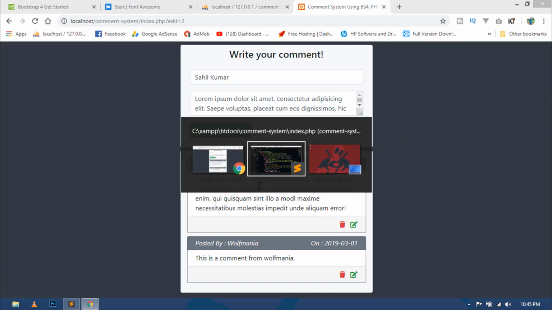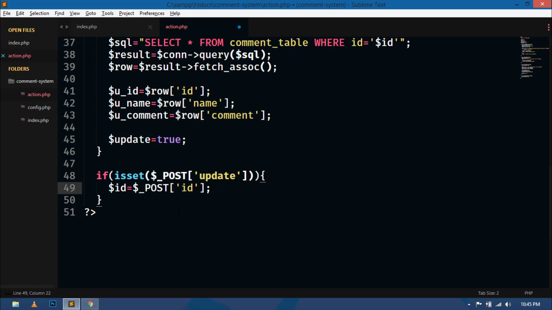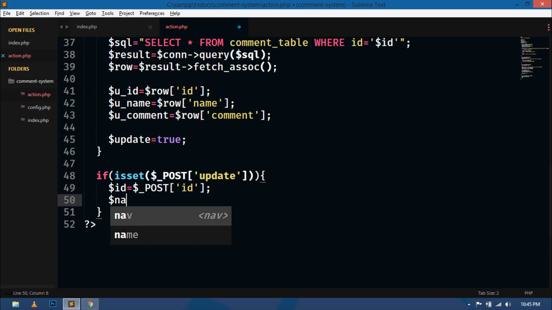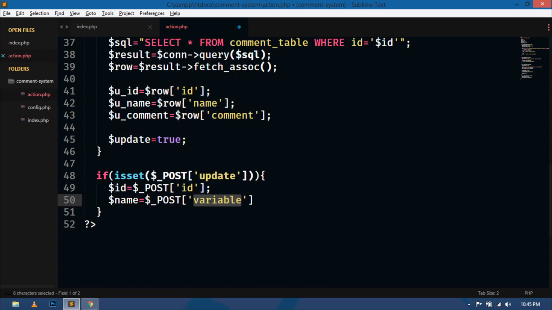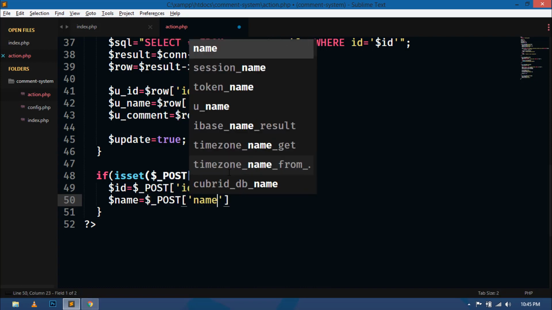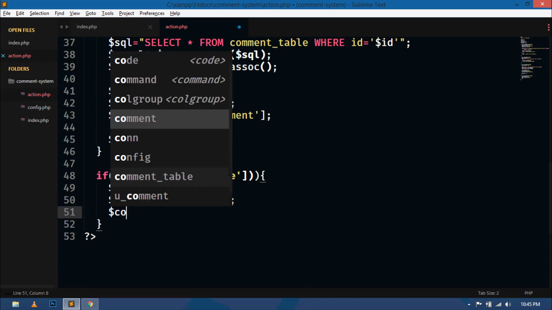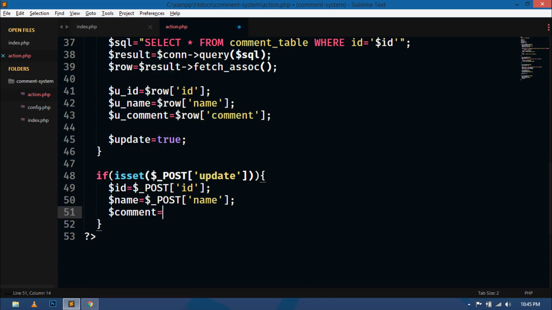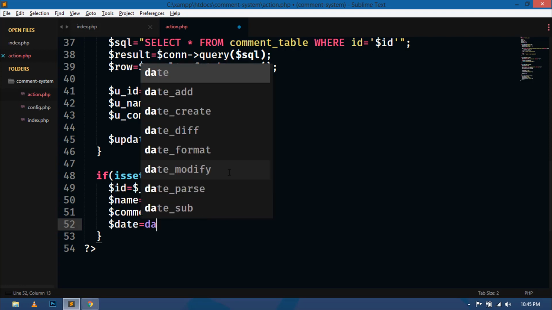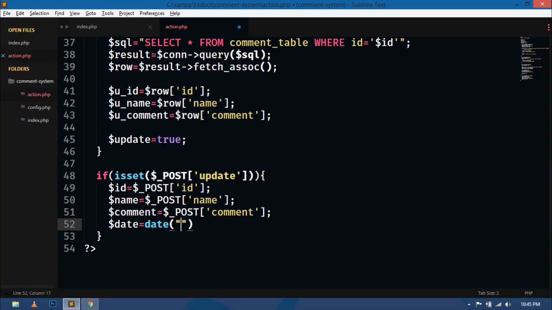Now just go to the action.php, and for name just grab from the same input field name. For comment just use the same comment, and date, ymd. Okay,